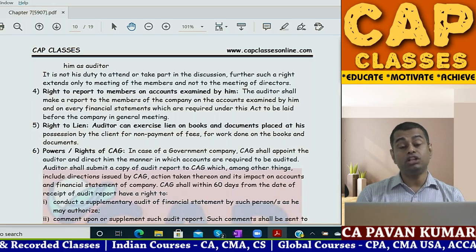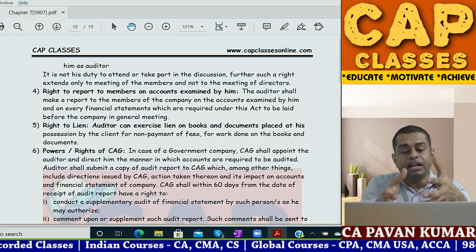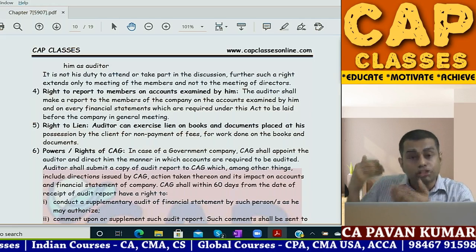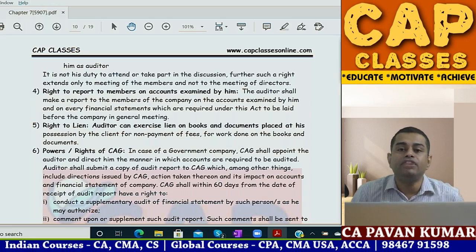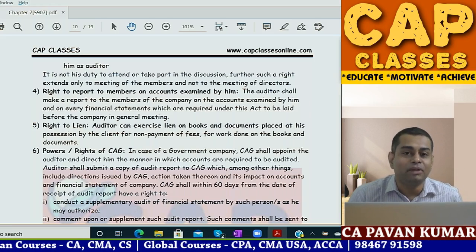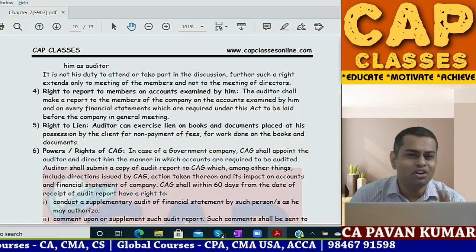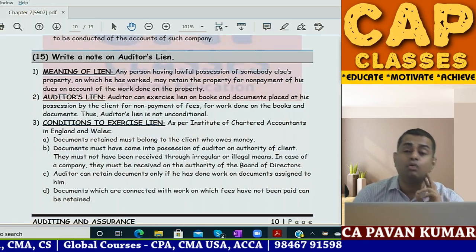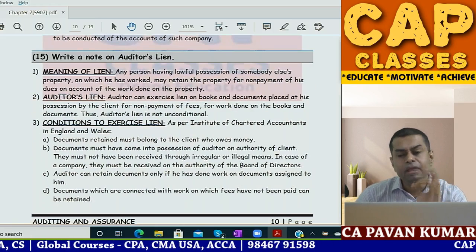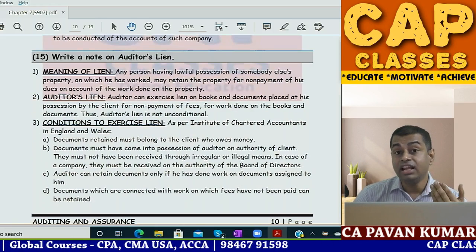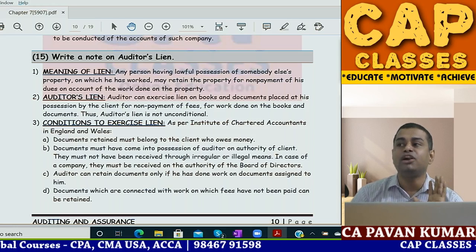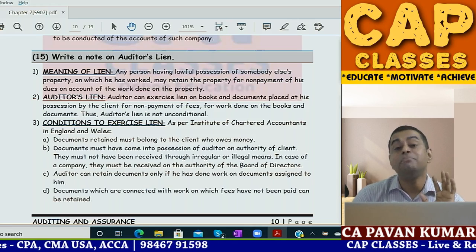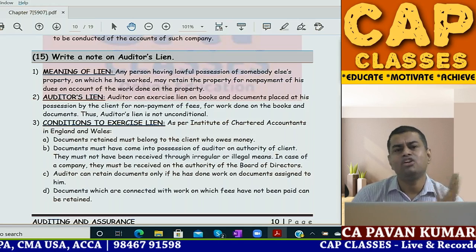Even if you go to the corporate or registered office of the company, conduct audit on these books, and then you take it to your office also, you are snatching the property of the company. The company can give a police complaint on you, but in the exam you need not write all this stuff. Whatever 4 or 5 points I have given, in the next thing, what is the auditor's lien? Very important question from exam point of view. Why ICAI loves this question, I don't know. Many times it is given, but practically impractical, practically not applicable.